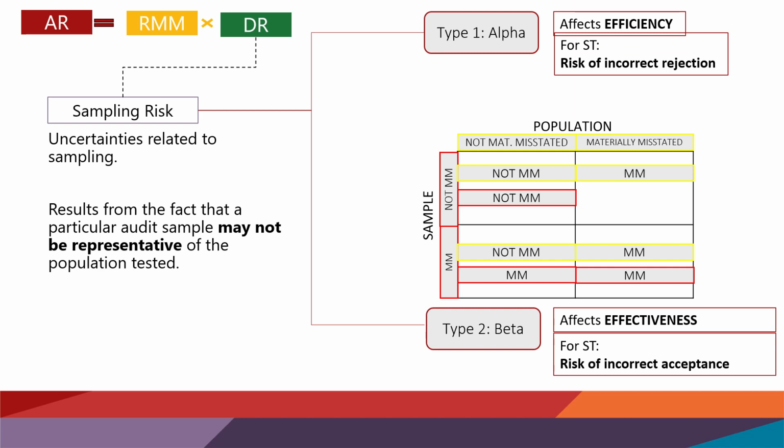On the other hand, it's possible that the population is materially misstated, but you thought it was okay. You thought it was okay because a sample said so. And so you decided to accept it as true when in fact it was false. Accepting it as not materially misstated means you will be giving an unqualified opinion on financial statements which are actually materially misstated. And that is what affects the effectiveness of your audit. That is what's going to give you a lot of legal exposure and liability because you gave an